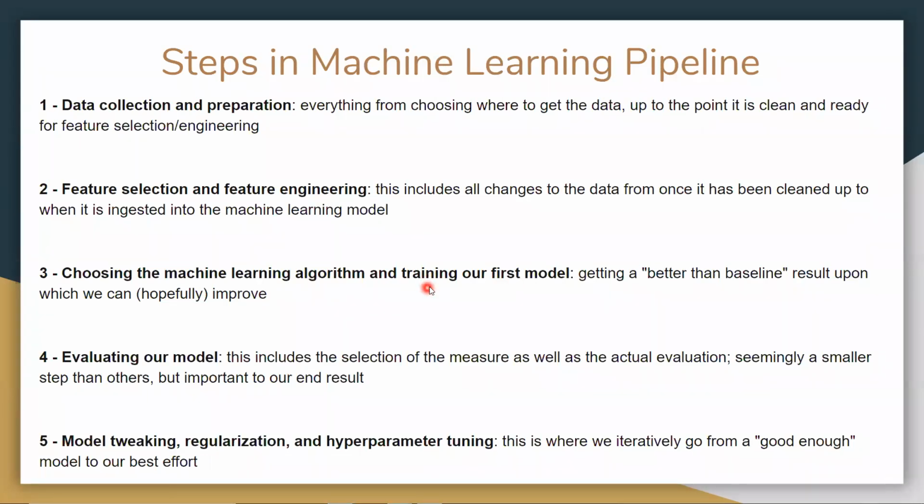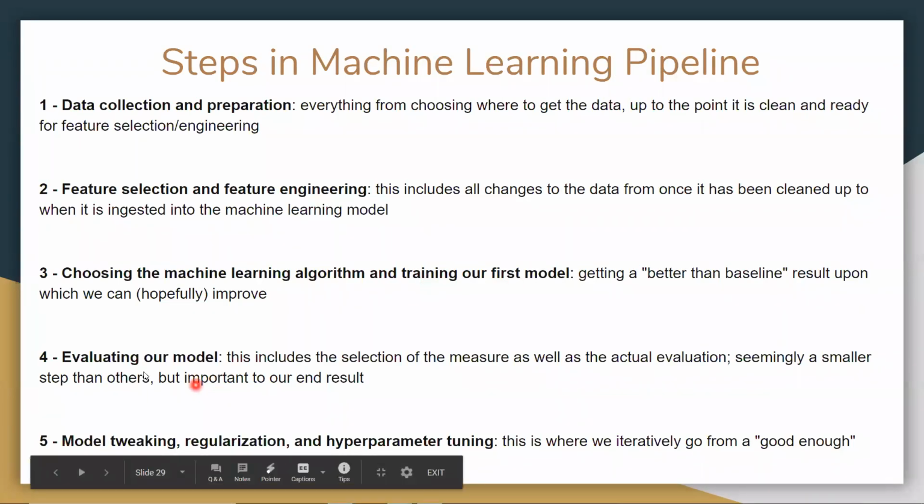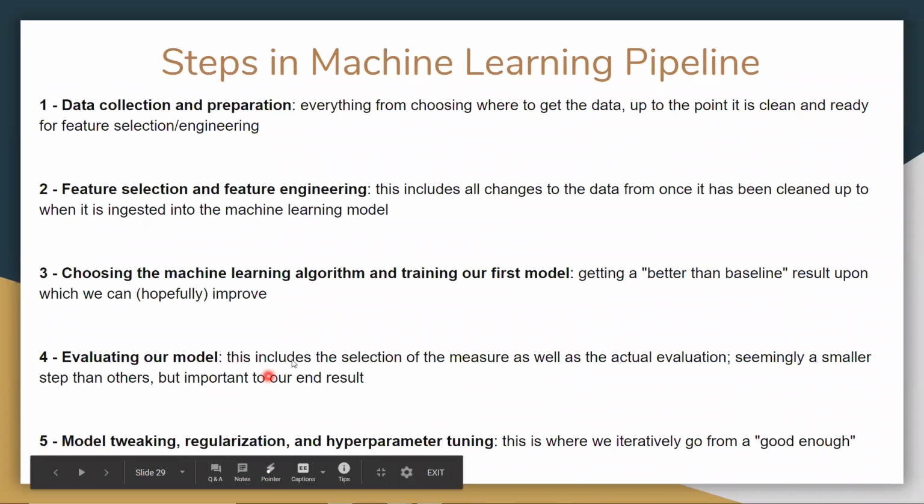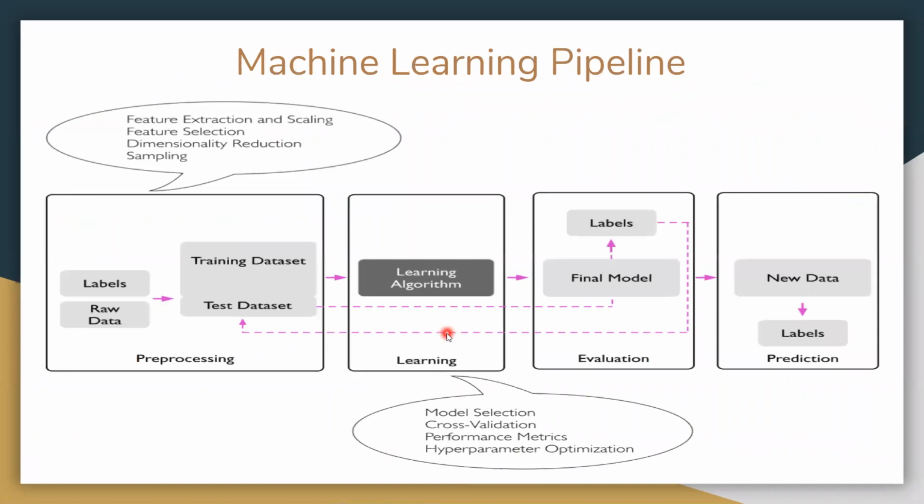How to train this model, we are going to see now. Evaluating the model, that means how exactly it is working on the unseen data. What is seen data, what is unseen data, we are going to see now. And if it is not working fine, how can you improve the accuracy? By doing the regularization, hyperparameter tuning. These may be new terms to you, but you will understand over the period of classes.